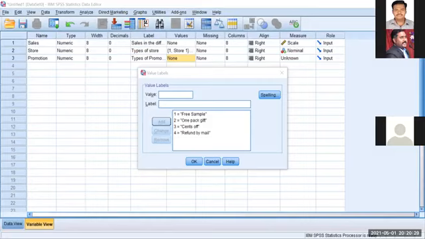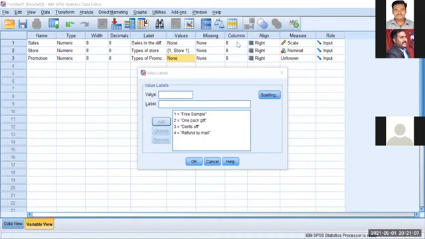strongly agreed, 2 is agreed. Like that, if you're giving a rating from 1 to 5 or 1 to 7, okay, in that case, you have to mention it as ordinal. That is called ordinal. Ordinal or interval, both are the same. Ordinal scale or interval scale, because we are measuring the data by giving certain intervals. Lower level interval and then the higher interval. Nominal, that's why I told you in the first class itself, nominal most probably we will be using for demographic factors, wherever you have qualitative information, there we will be using it.